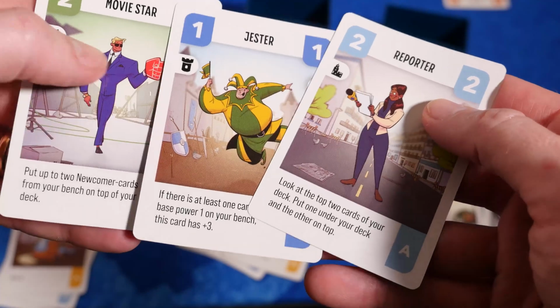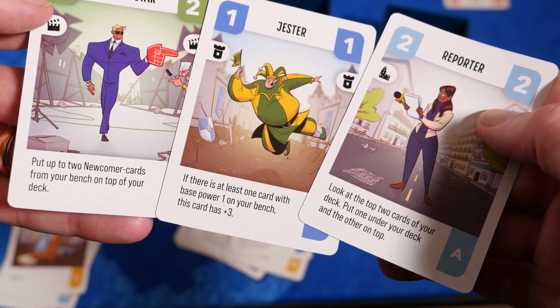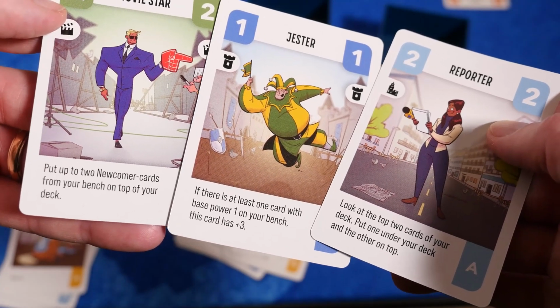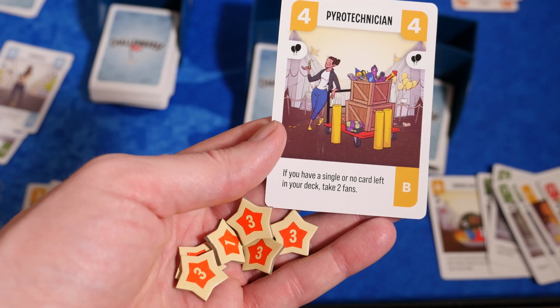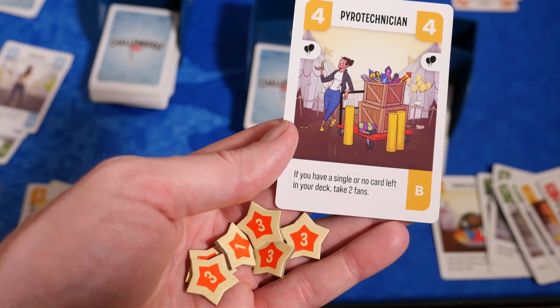Those powers on the cards are really different. Some will let you go through your deck and look for certain cards and put them in certain spaces in your deck. Some will enhance other cards and make them more powerful. Some give you fans. Gaining fans along the way are basically points that you're going to add up at the end of the game. Now I think this is the meat of the game, having fun adding to your deck